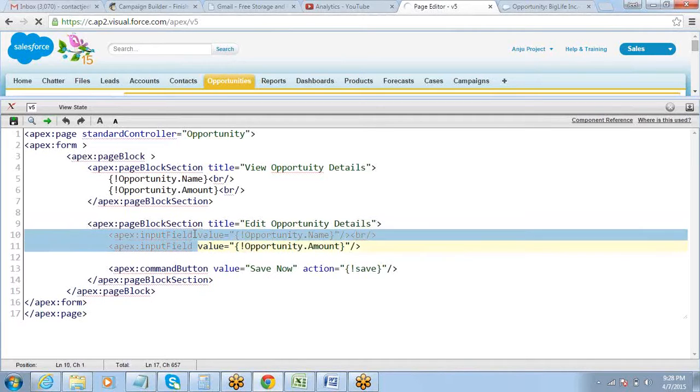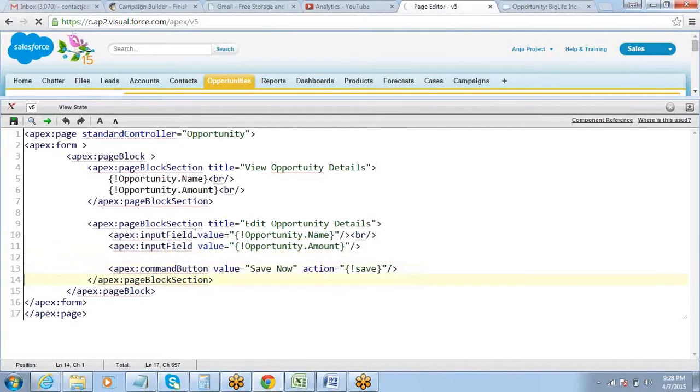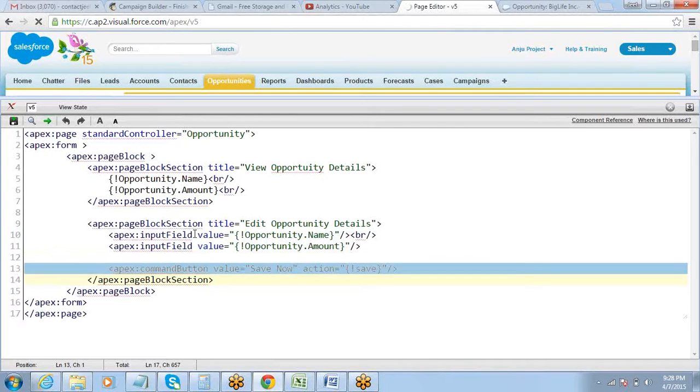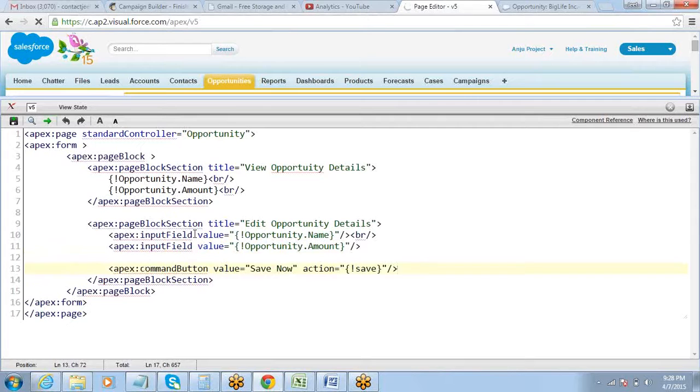But changing it on the interface is of no use if it is not getting saved in the database. So for making the changes in the database, you will have to use a command button. And that command button can have the default save action. We don't have to do anything. We just have to write the save action, and that will make changes in the database. That's it. So that is how simple it is to work with standard controller.